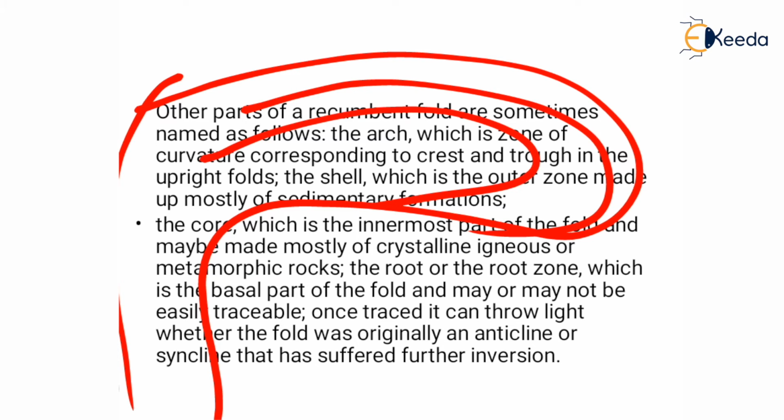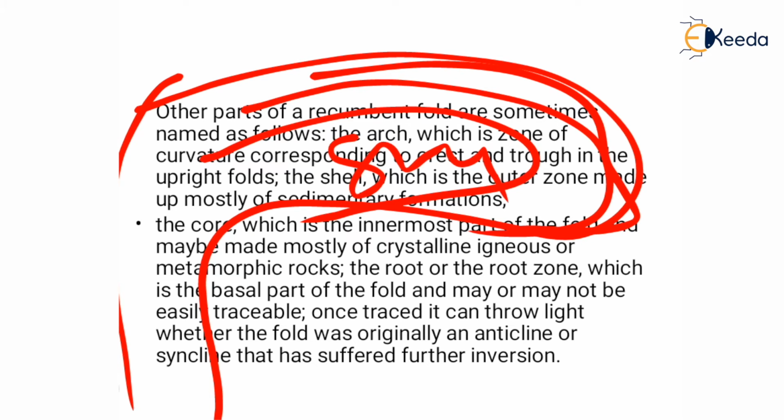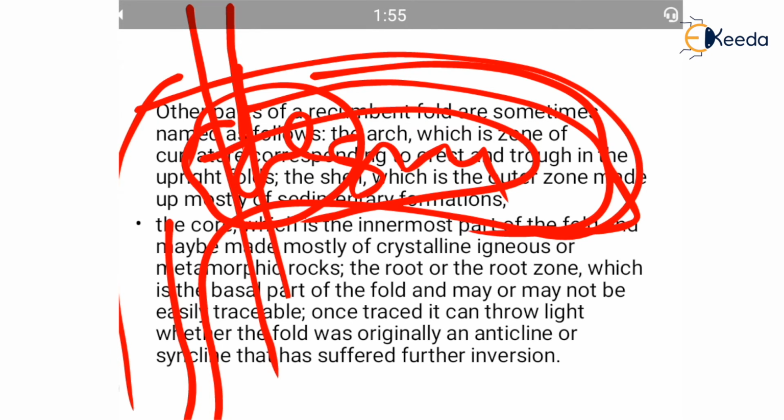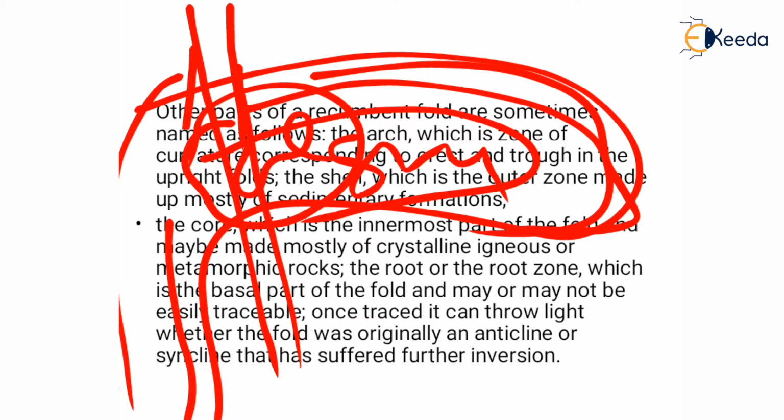The outer portion is made up of shale, and this is made up of different sedimentary rock. And here the portion is called the core. The core is made up of igneous rock. This portion is the root zone. If we drill into one limb, we will pass into the second limb in this fold. And if you trace the root zone area, then we can conclude whether this is an anticline or syncline portion of this